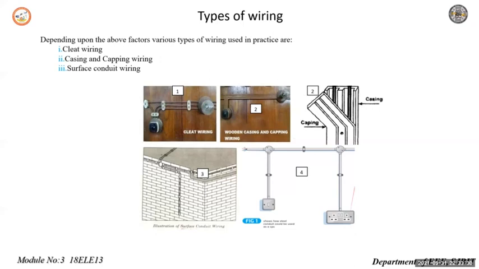Next comes conduit wiring. In this method, metallic tubes called conduits are used to run the wires. You can look at the diagram there. It gives full mechanical protection to the wires. This is most desirable for workshops and public buildings. Depending on whether the conduits are laid inside the walls or supported on the walls, there are two types of conduit wiring. The first one is surface conduit wiring. The second one is concealed conduit wiring. The conduits are made of mild steel, which is annealed so that it can be bent without breaking.